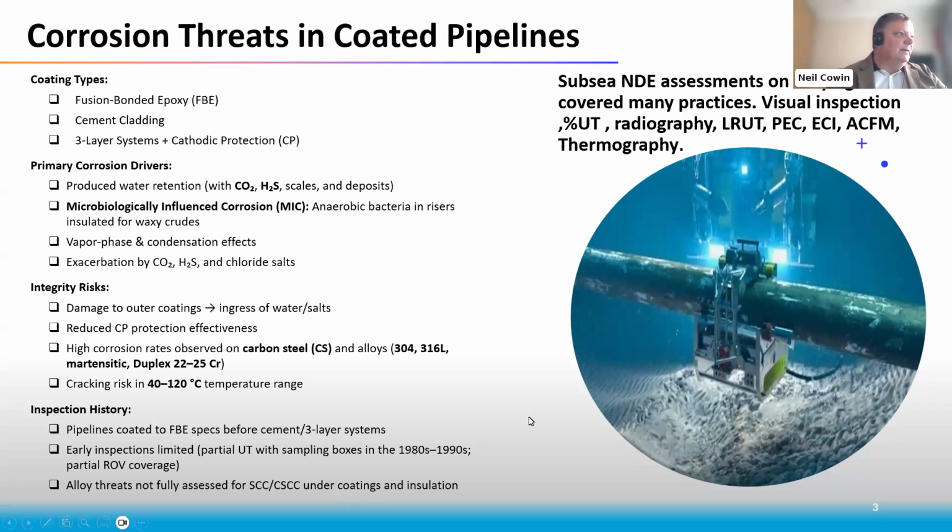If I step back a little bit, the problem we've always had is basically monitoring non-piggable pipelines. So we've always had the corrosion management side. The primary drivers were the percentage of CO2, H2S, scales, deposits in the lines. My favorite, and one which is always a real high-risk threat, is microbial induced corrosion, particularly in